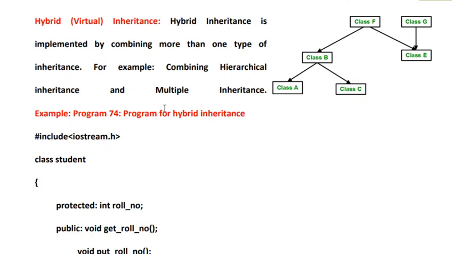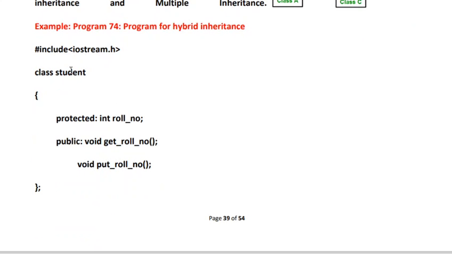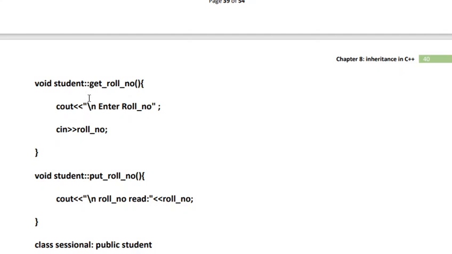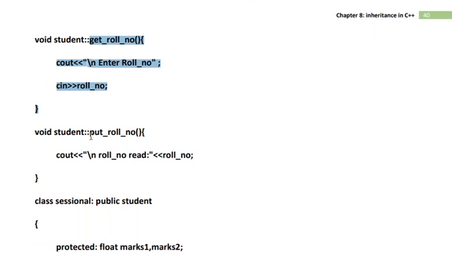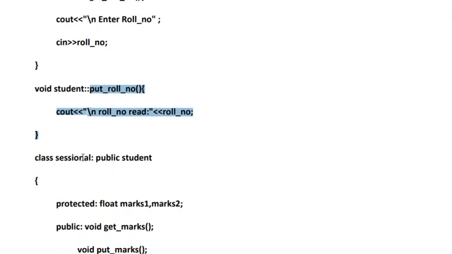Now let us try to understand hybrid inheritance with the help of a very simple example. Here I have a class student wherein we have data members and member functions. The data members are placed in the protected section of the class and the member functions are placed in the public section. We have one data member, roll number, and two member functions, get roll number and put roll number. We have created a definition for get roll number that will read the value of the roll number, and a definition for put roll number that will display the roll number